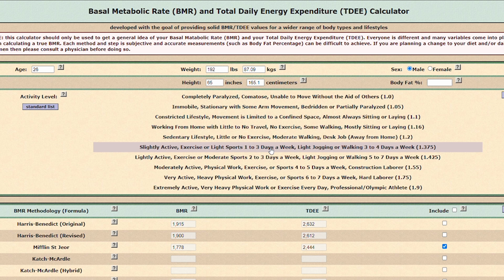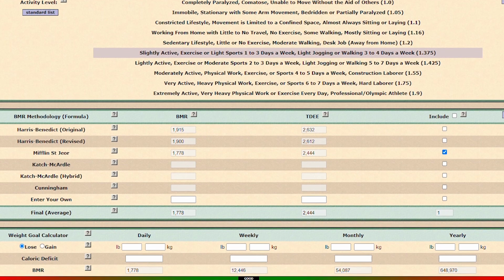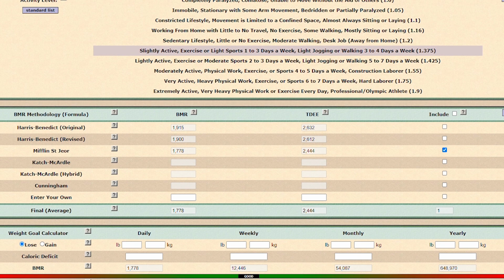Well, I can also pick the one below, but let's just settle for this. So if I scroll down here, I will be able to see my TDEE. By the way, there is something that's written there, the BMR, although it's also important, but when you want to